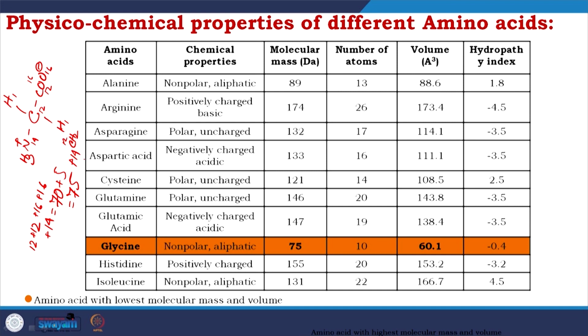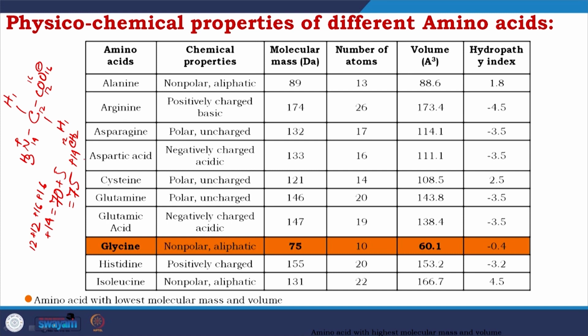Also you could calculate the number of atoms. For alanine it is 13, for arginine it is 26, for asparagine it is 17, for aspartic acid it is 16, cysteine it is 14, glutamine it is 20, glutamic acid 19, glycine 10, histidine 20, isoleucine 22. For volume, alanine 88.6, arginine 173.4, asparagine 114.1, aspartic acid 111.1, cysteine 108.5, glutamine 143.8, glutamic acid 138.4, glycine 60.1,